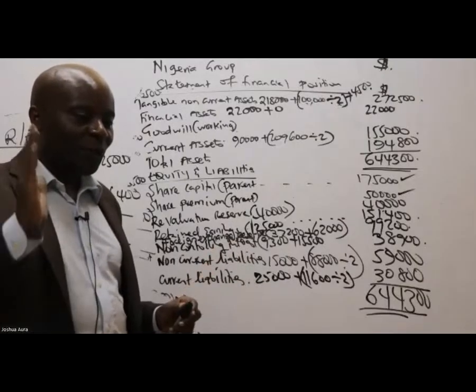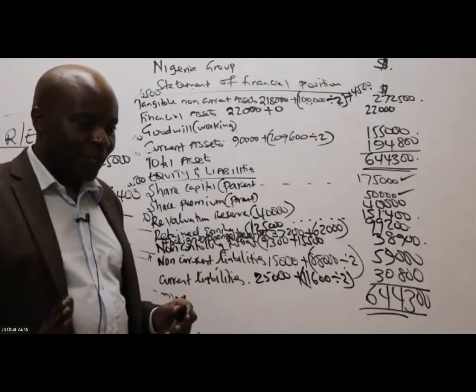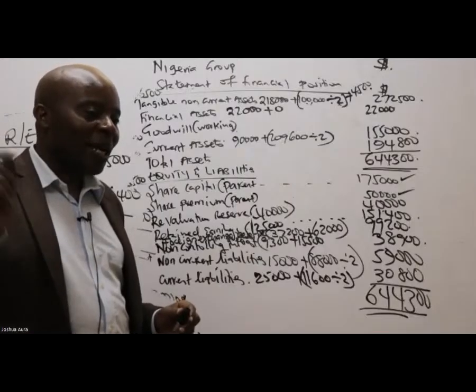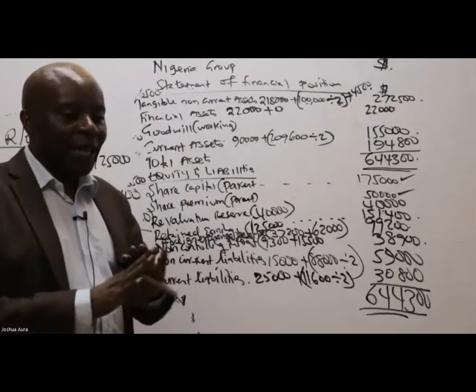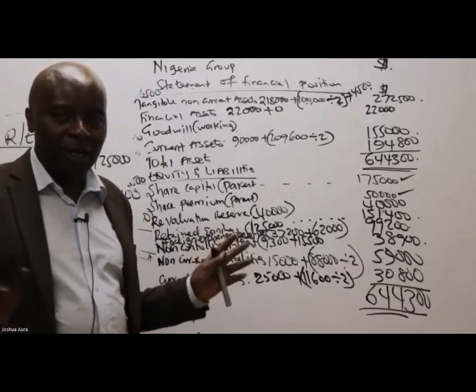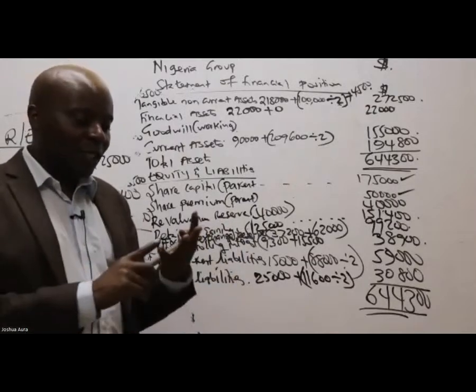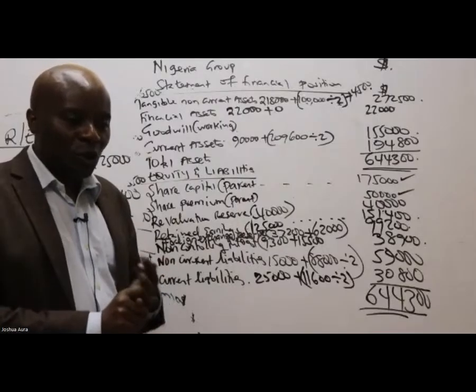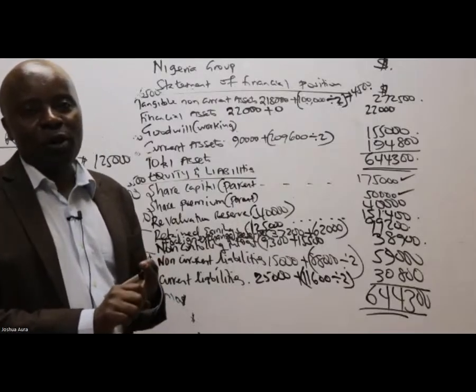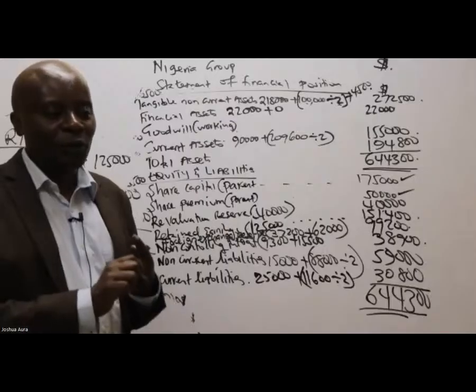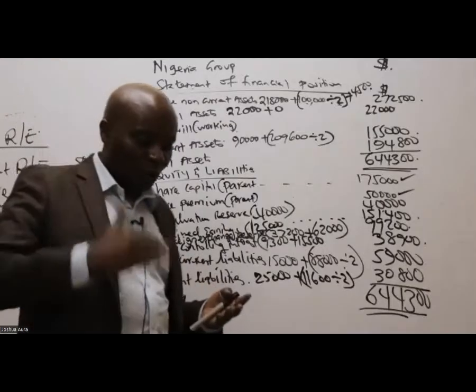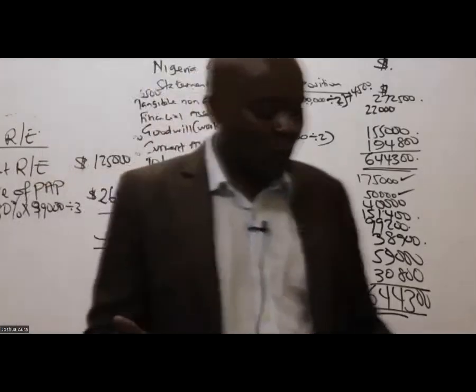I'll now proceed to do the income statement. And then I'll do the one that came last semester, and that will be the end of this particular area. Now from there, I'll be left with step acquisition, disposal, and the group cash flow. And then, of course, we also get time to do like 1 or 2